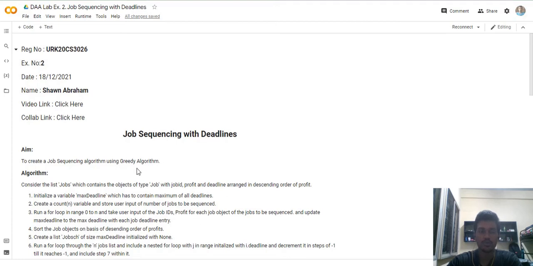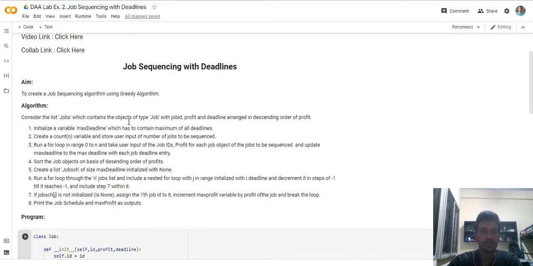Today I, Sean, register number Iwaki 20CS2018L, am going to explain to you experiment number 2 of TAA lab. Today we'll be doing job scheduling with deadlines. So our aim is to create a job scheduling algorithm using a greedy algorithm, and the algorithm given here is that we'll